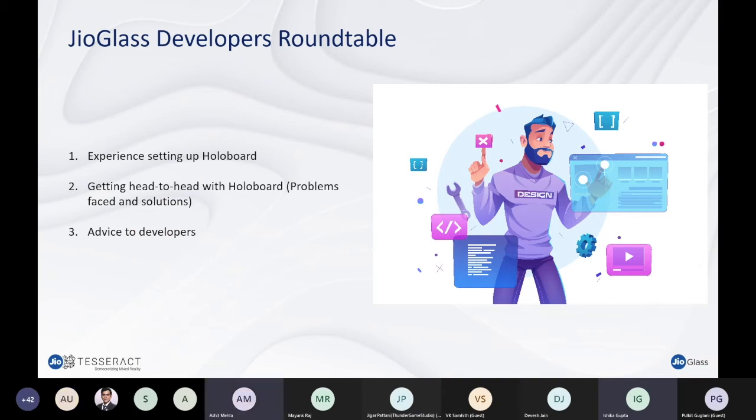Yeah, thank you. So mostly the problems that I faced were covered by Mayank only. The initial problems, most of them were faced by me, and most of them were solved by referring to the docs only. So I think that is the main point that other people also mentioned. Other than that, one thing is that when we use URP, the scene is showing up inverted.